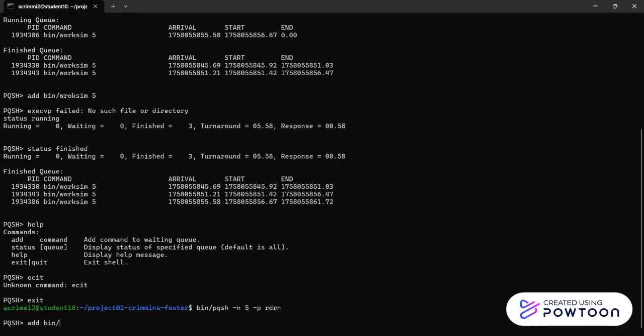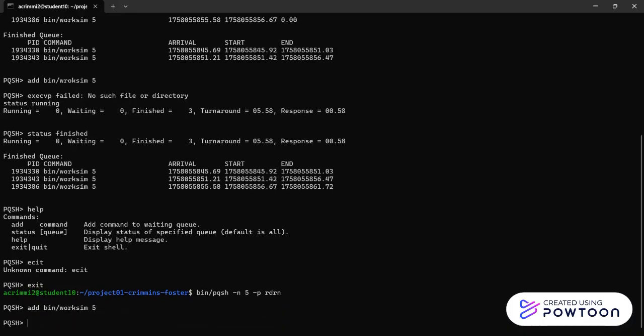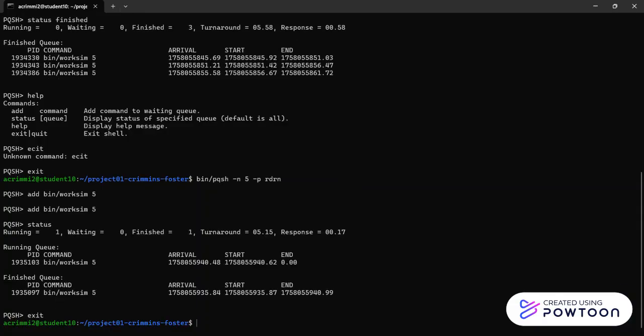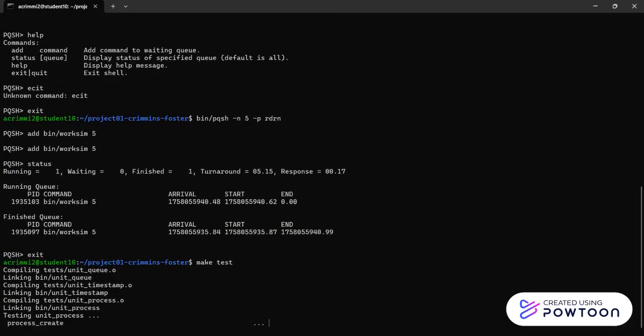We can do status. And we can see how the response time here versus here is a lot lower. That's what round robin is best for. And then when running the full command, or when running the tests rather,